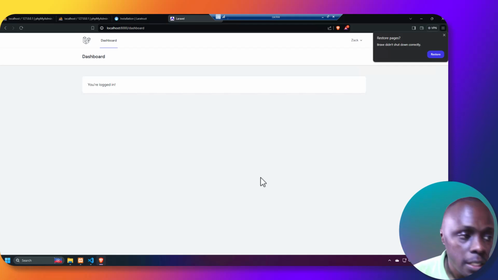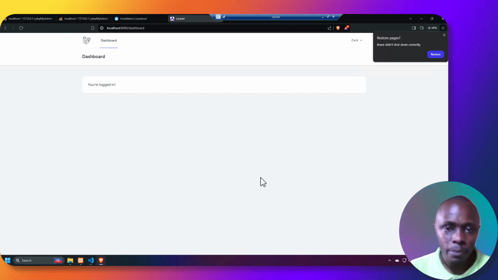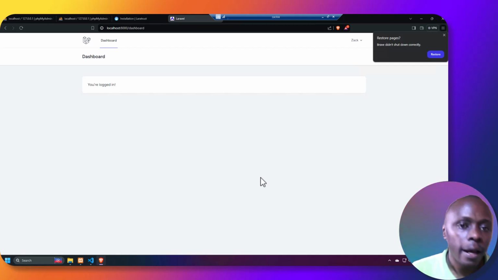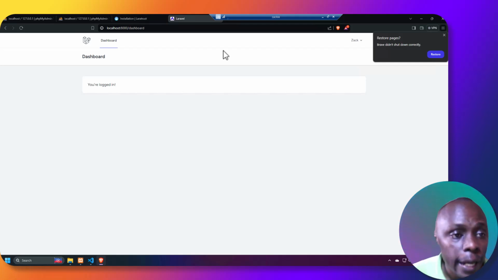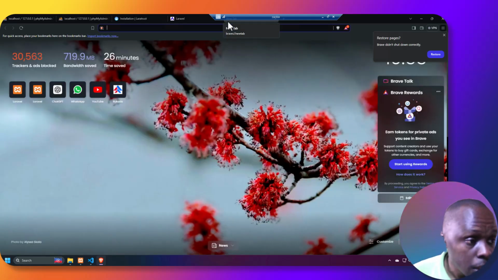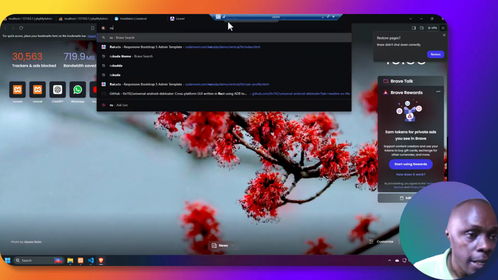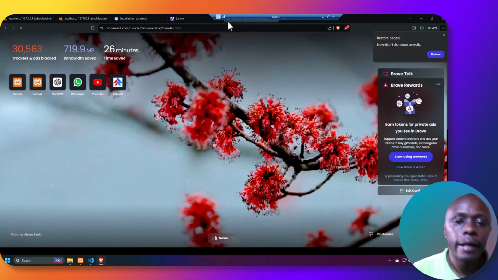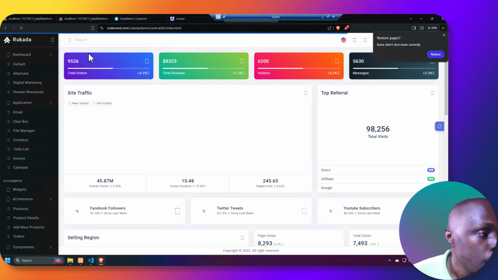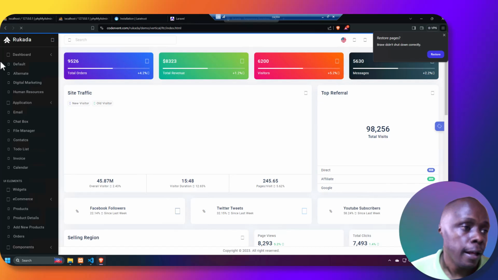So what I meant is, now we want to give roles and permissions. When I log in as a user, I need to see articles, and also there is a process where we are going to generate a very good interface. For this, I have identified a theme called the Rucada theme. So guys, shout out to Rucada, and if you also want to support Rucada, please go and buy his theme. So basically this is a Rucada theme that I'm going to use to develop this,